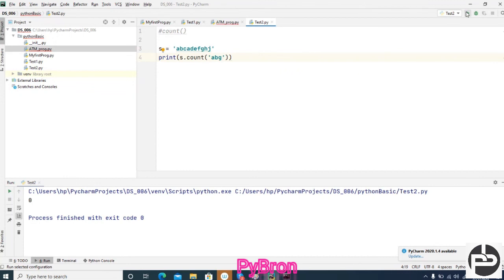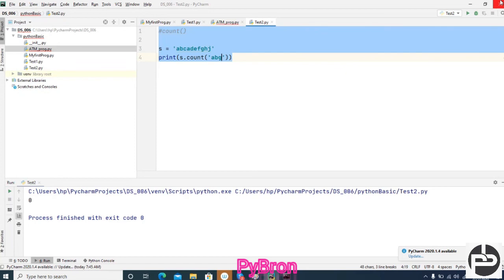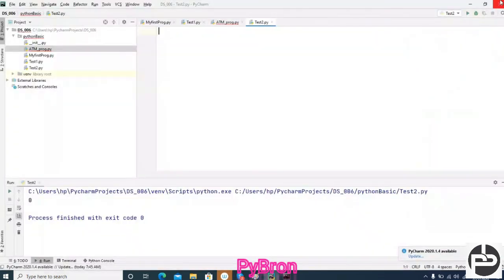Okay, let's suppose you want to replace a string with another string. Chat should be fine. So what I am going to say, can you please help me out? I am typing here Rajesh Pybron.